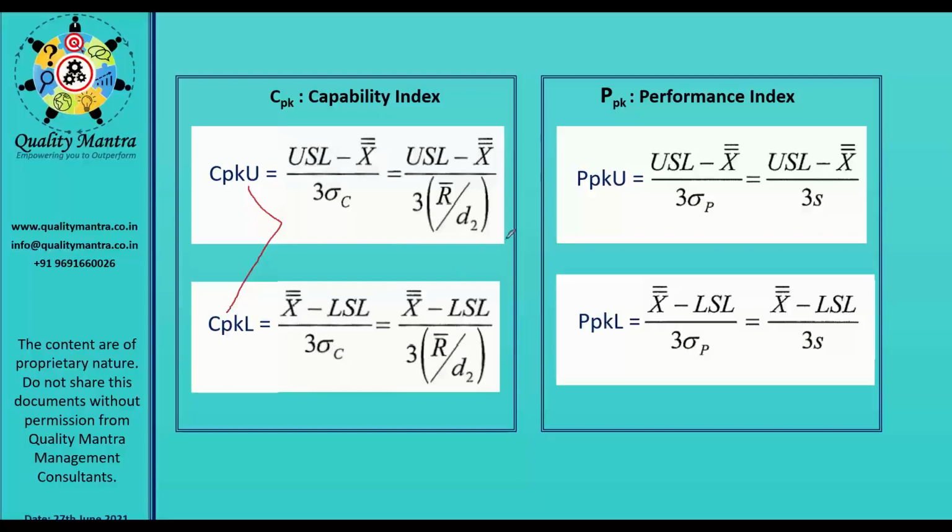By choosing the lower value, we are being more strict, no? By choosing the lower value, you are actually seeing the true capability of the process. If you take the upper value, you will always get a very high value. Choosing the higher means giving leverage to the process. Actually, you are not capable. You are saying that you are capable, but that depends on the output of the process, calculated from whatever data you have. So your process is not capable, but you are saying you are capable.